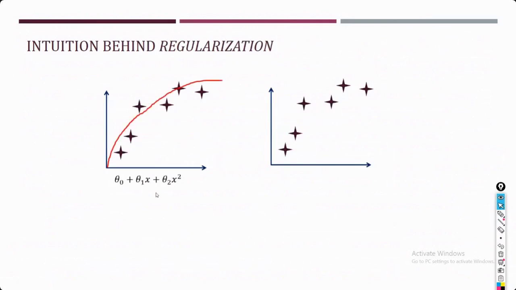This is the model. Okay, this looks like quite a fit model, but in this case it is quite a complex model. The complex model, that means it is trying to cover each and every instance. So this leads to overfitting, and this is just the fit one. So if I move from this complex model to this simpler model, what I can do is remove these terms. If I'm removing these terms, the model behavior will be like this. So in case of regularization, basically we are trying to do this thing only.